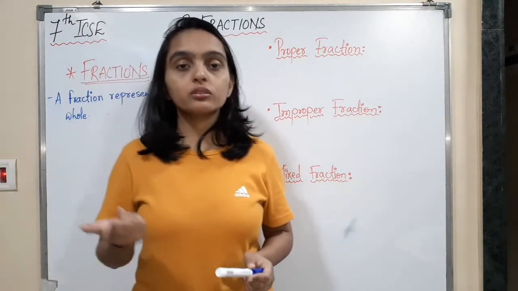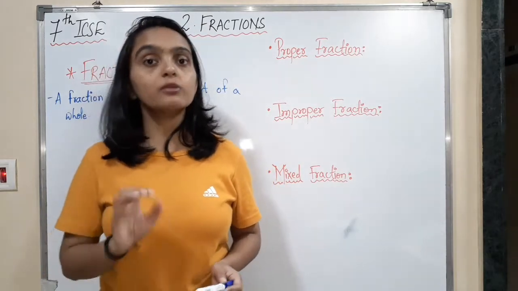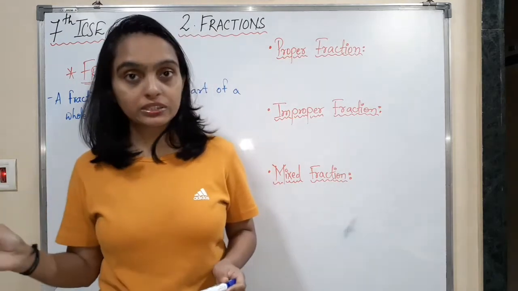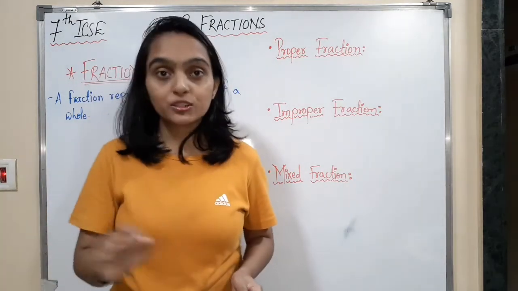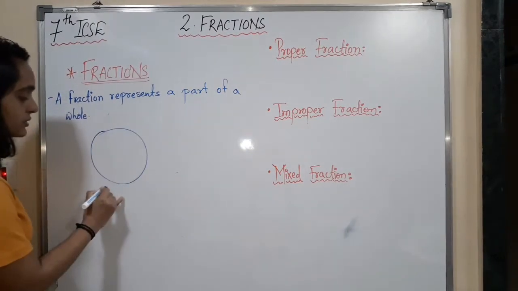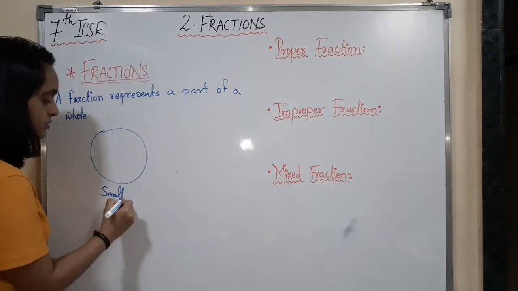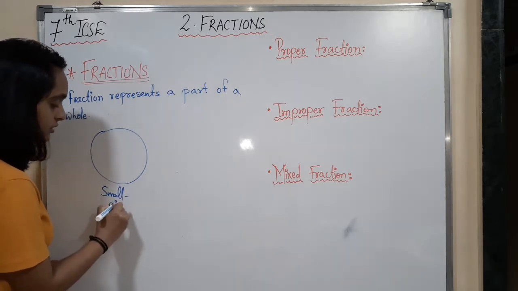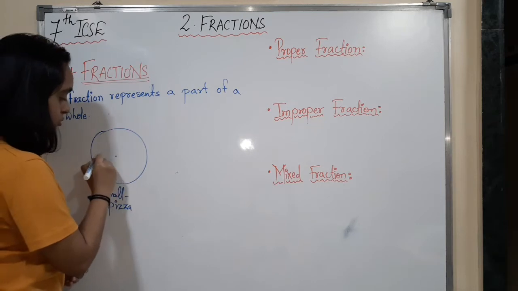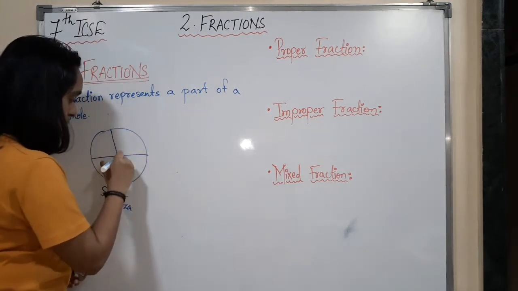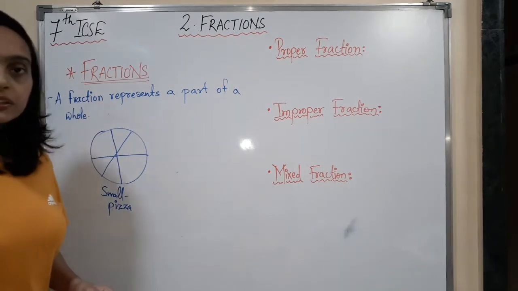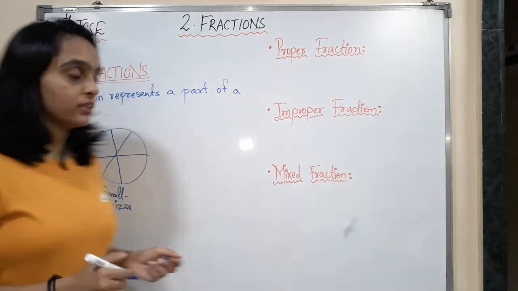If you went to a Pizza Hut and ordered a small sized pizza, you will get a total of 6 pieces there. I will show you. Wait. Small sized pizza is there. So a small pizza, and there are 6 parts to it. There are total 6 parts. I ate 4 of them.